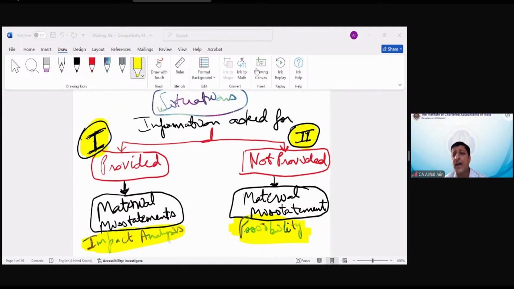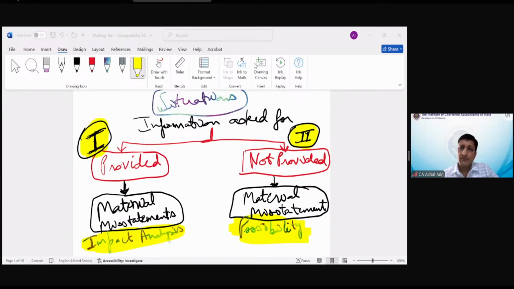Any questions so far? Any doubts so far? No? All right, great. Shreya is clear. I'm just assuming everyone is clear on this. Okay,